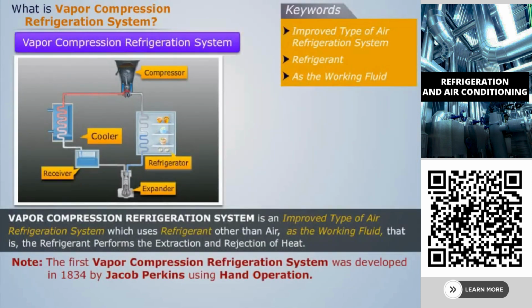Note: the first vapor compression refrigeration system was developed in 1834 by Jacob Perkins using hand operation. Related terms are